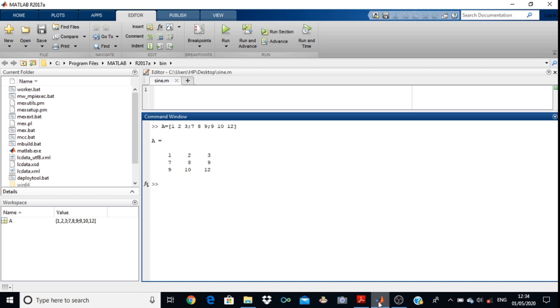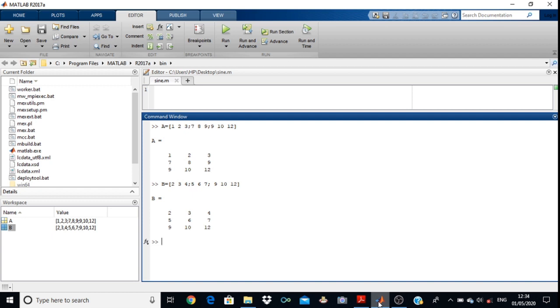Now our task is to add the 2 matrices. We have entered one matrix. Now we will enter the second matrix, that is B. We take the variable name as B. Then 2, 3, 4, first row, then the second row, and this is your third row. Again you press the enter key. Now you have entered 2 matrices.